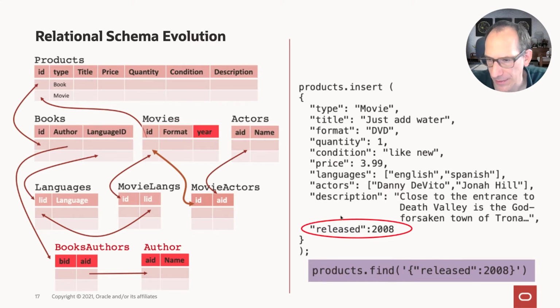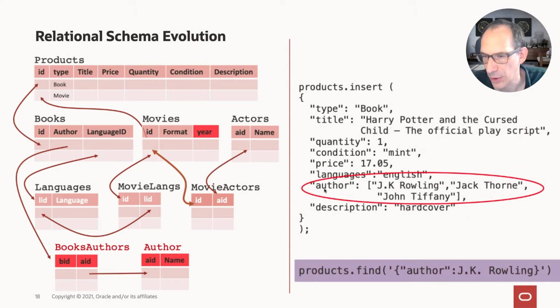Now, if we look at the right side where we store our data in JSON, it's actually very easy. JSON is schemaless. I can just add a new field, released in this case, and I can immediately query it. So there is no schema that is underlying this collection. It is just that if a document has a new field, I just add it to my new data. Old data doesn't have to be changed, and my queries can immediately use this. This is the example for this additional field. The other example is the cardinality change. And here again, it is super easy. Author, which used to be one string value, is now a JSON array of string values.